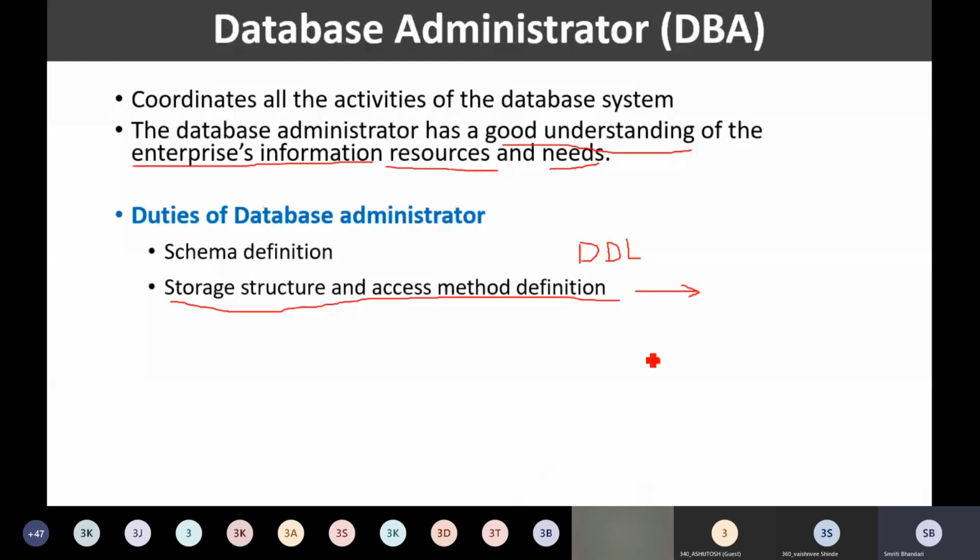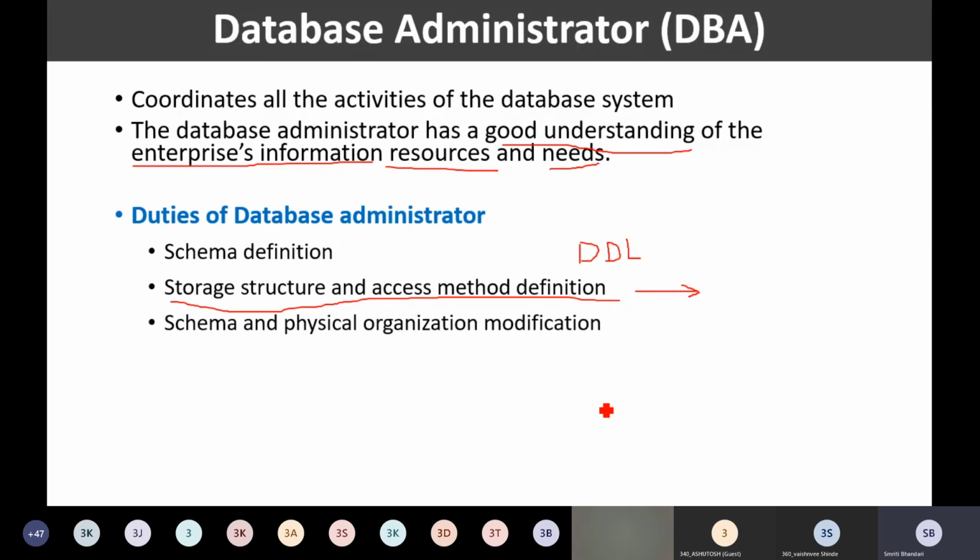So at the physical level, we need to consider the mechanism, the storage structures, the data structures, and how actually the data is being accessed, right? So all those details are being represented by the database administrator, and the database administrator is actually going to decide what kind of data structure needs to be used, what kind of indexing mechanisms are to be used. So all those decisions are being made by the database administrator.